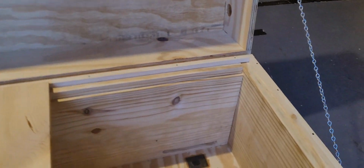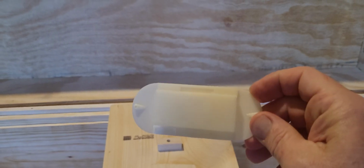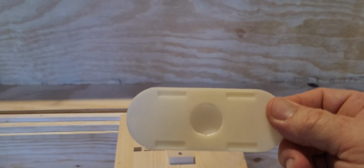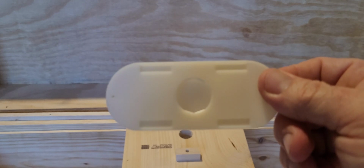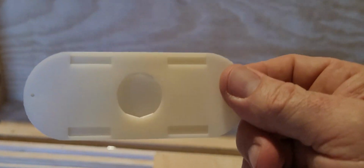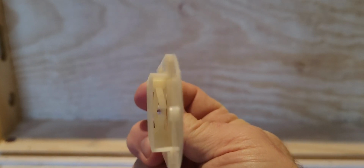But if for some reason one or two got in there, the person that I built this for actually wanted me to use these bee escapes, and these are the ones that are designed for inner covers. So when you're trying to get them out for honey collection, put one of those on the inner cover, and they can climb out fairly easily. Thought it was a fairly simplistic design, but he wanted them to be put into the top, and that's where it is going to fit